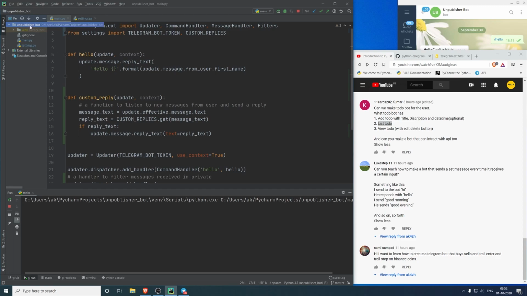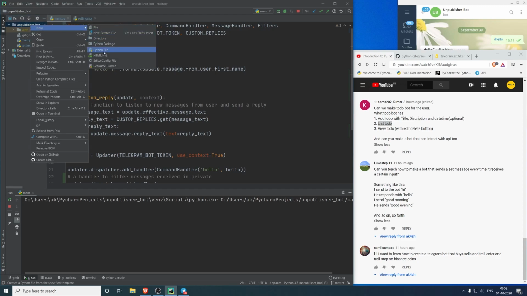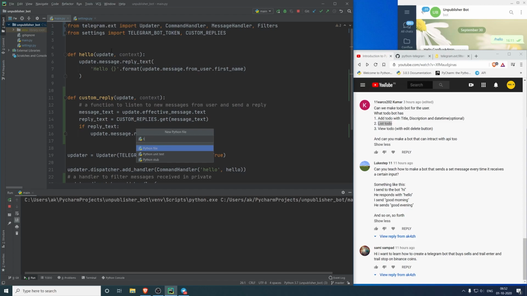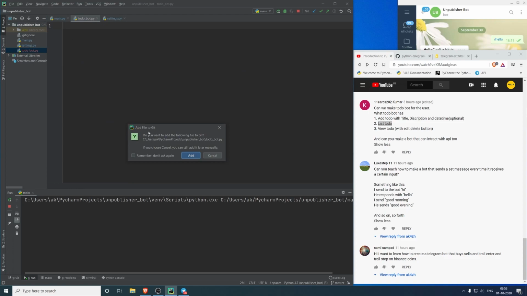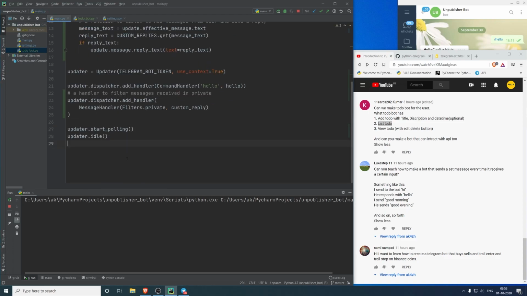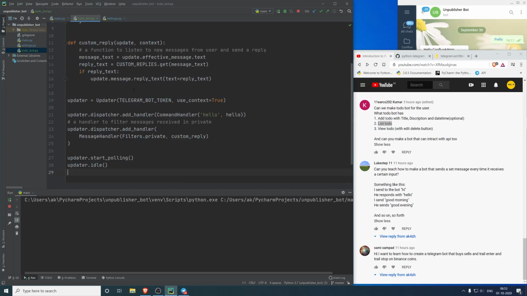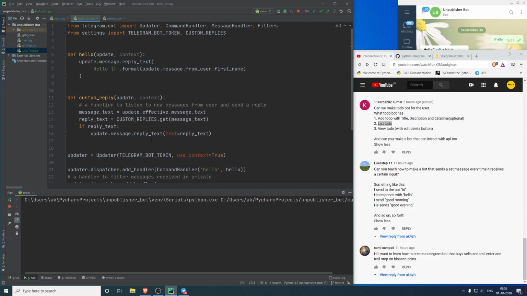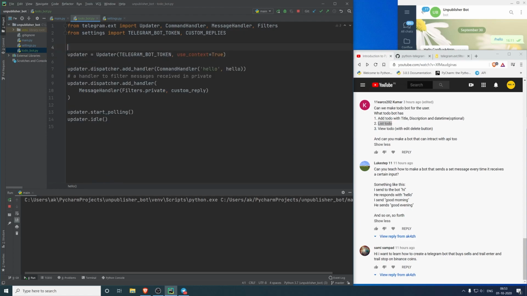In our project, let's create a new file called to-do bot. Let's copy the code from our previous hello bot, as our structure is going to remain the same for all our bots. Now we don't need these functions,